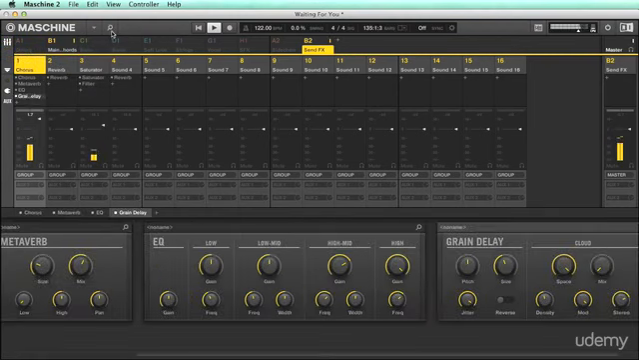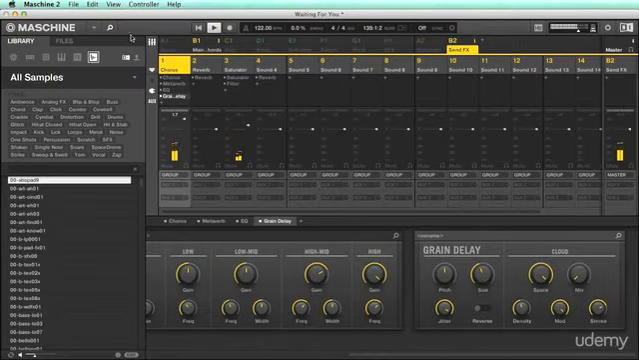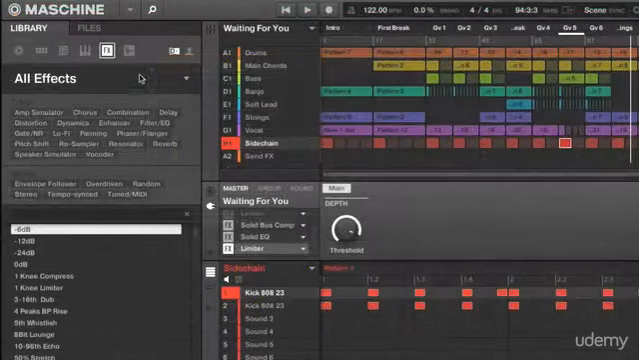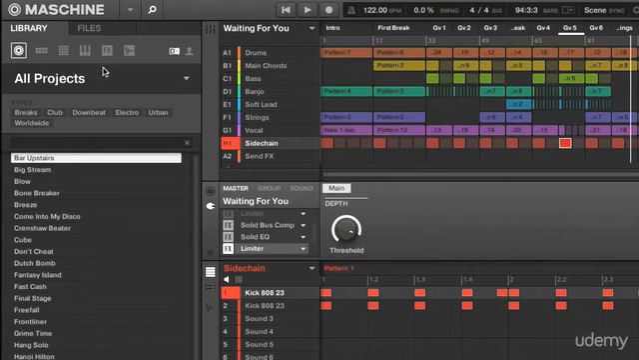Additionally, if I open up the browser using the switch here, and then click on the FX switch at the top, you can see there's a whole host of effects from other NI instruments that can also be added to parts. The browser is where you find all of the saved presets for Maschine, whether they're projects, so complete arrangements,